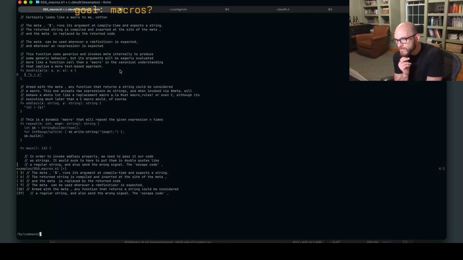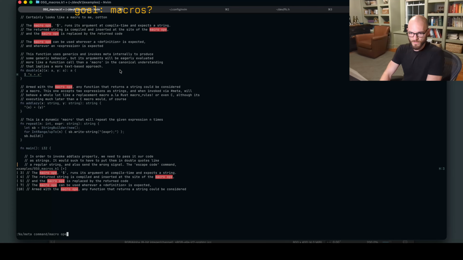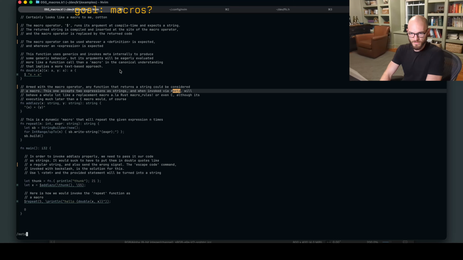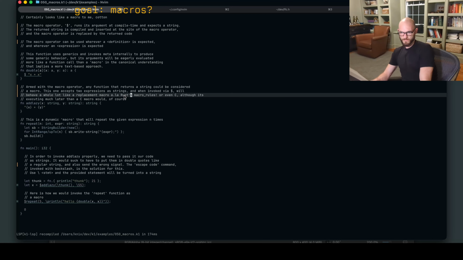The macro operator, meta command macro operator. Even sc define.